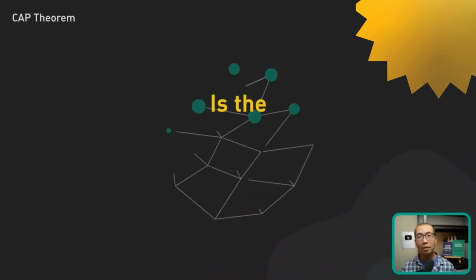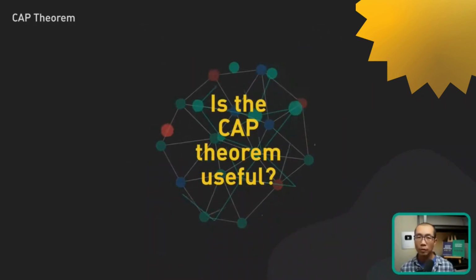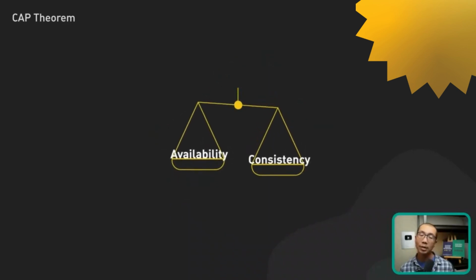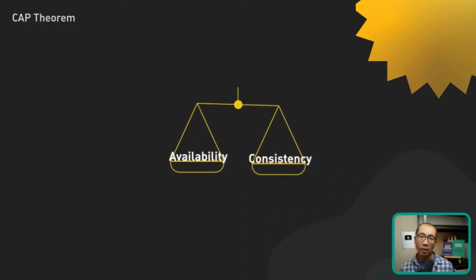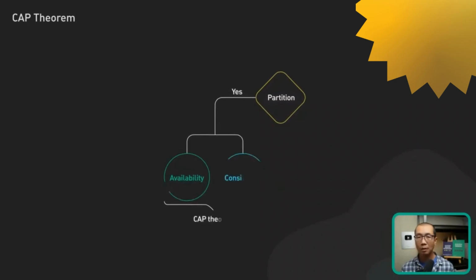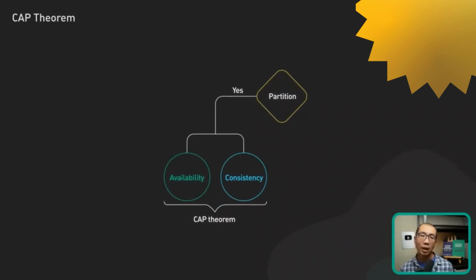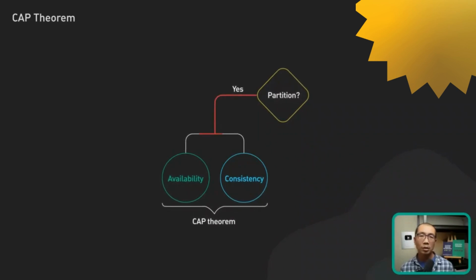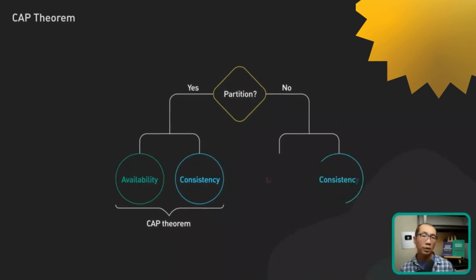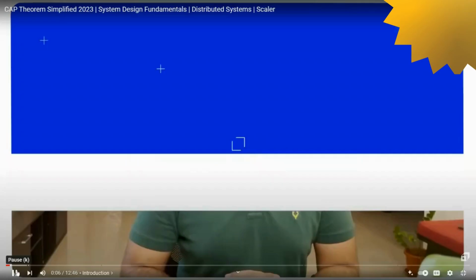So is the CAP theorem useful? Yes, it is a useful tool to help us think through the high-level trade-offs to consider when there is a network partition. This is a good starting point, but it does not provide a complete picture of the trade-offs to consider when designing a well-rounded distributed system. Specifically, when the system is operating normally without a network failure, which is most of the time, there is an entire set of instruments